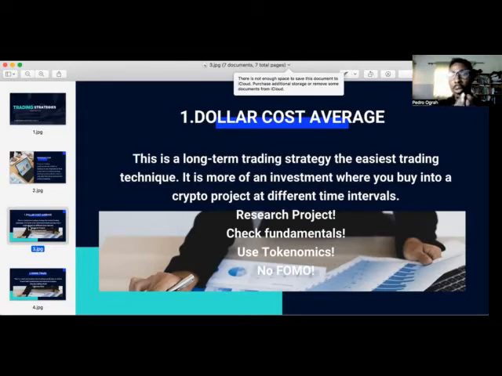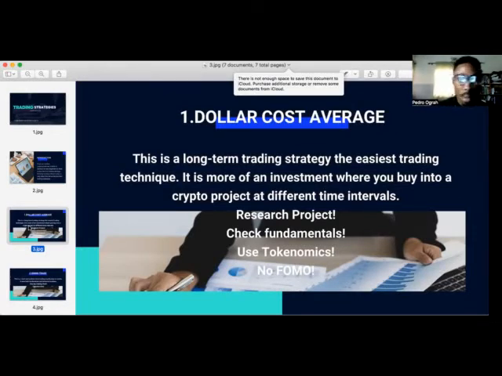What do I mean? You spread the amount you want to invest in a particular project over different durations. Let's say, for example, again, if you have $1,000 to buy a particular cryptocurrency project, instead of buying that lump sum in just 1 month, divide by 5, or you can divide by 10, and spread it accordingly. If I divide by 5, I can be spending $200 every month. If I divide by 10, I can decide to be spending $100 every month, or any division you want. So that's what dollar cost average is all about.